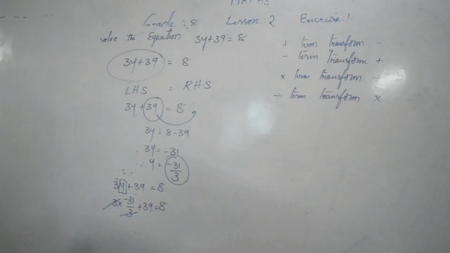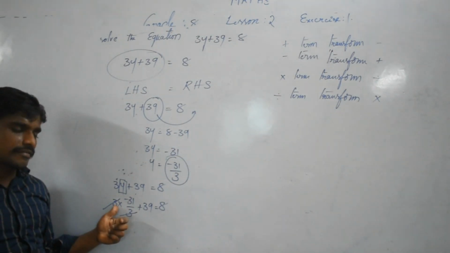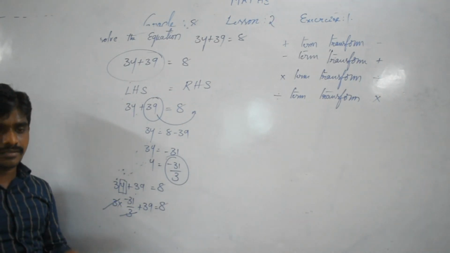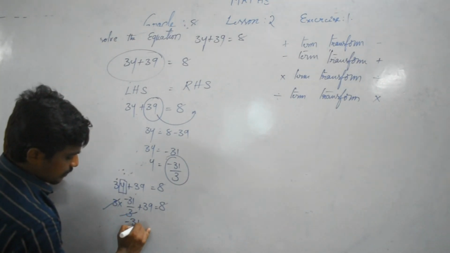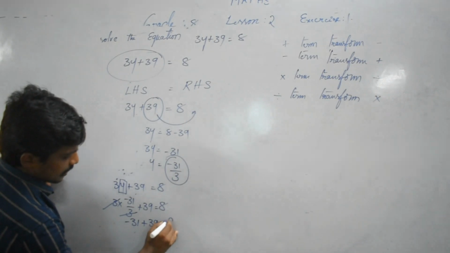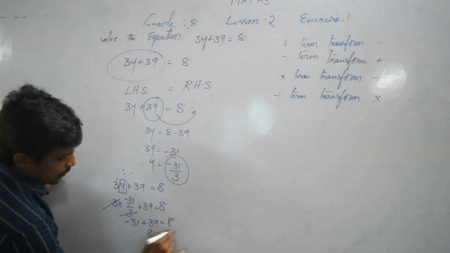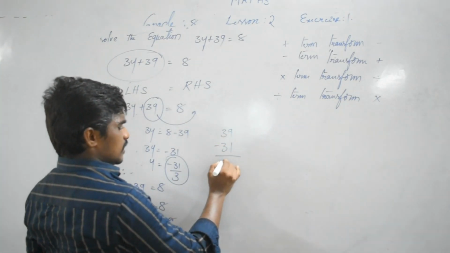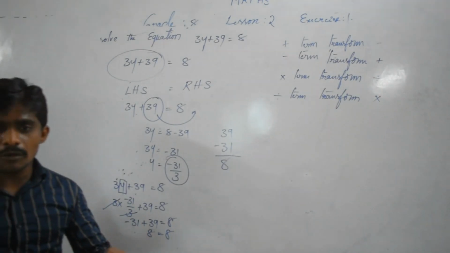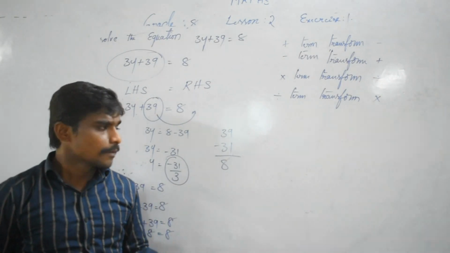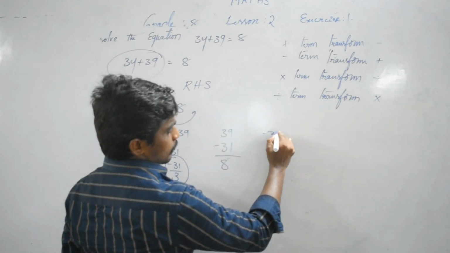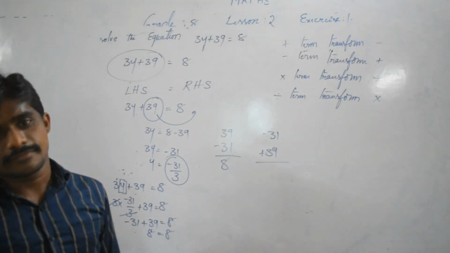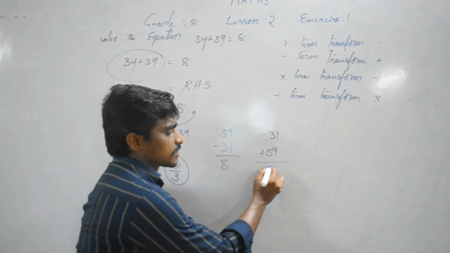The 3 cancels. Only when the cross out symbol is given do we cancel. Plus and minus are not given for cancellation. So minus 31 plus 39 is 8. So 8 equals 8. Actually here it is 39 minus 31. Easily every child, without thinking, says 8. But this is reversed, asking minus 31 plus 39. Here it is confusing, but this is also the same answer.